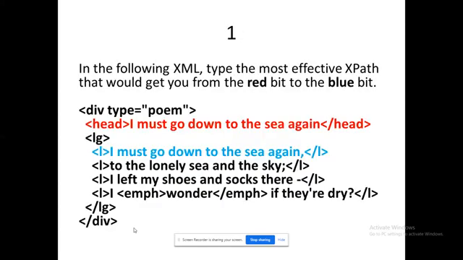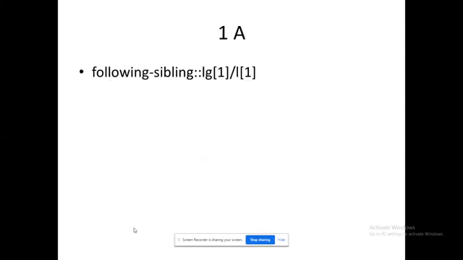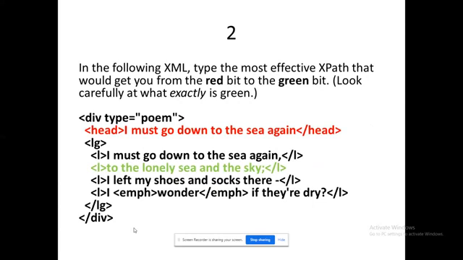Following-sibling, I could say, gives the immediate node. This is a built-in function available with our XPath. Likewise, our subsequent things will follow.